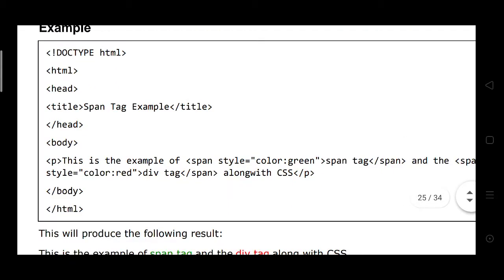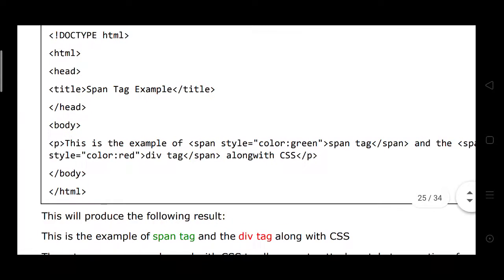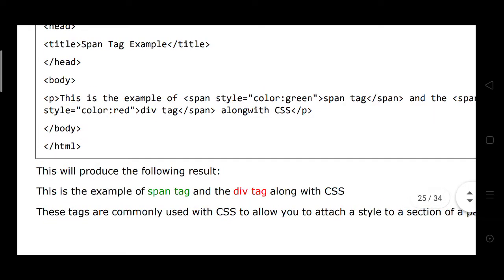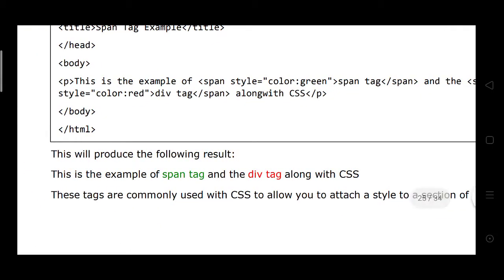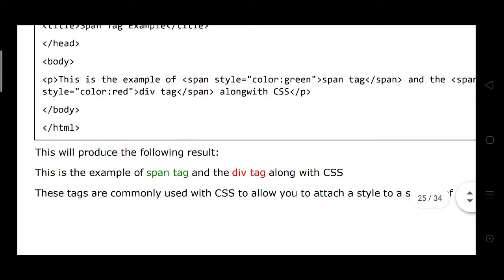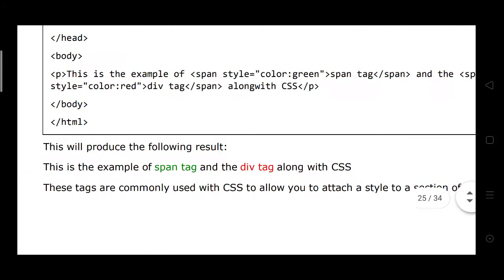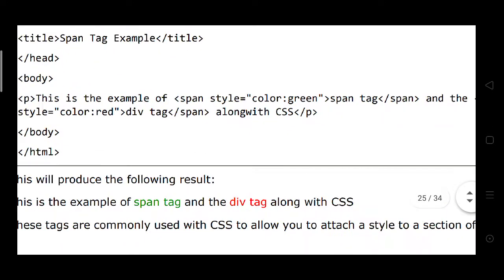Here is an example for span style color green, the span tag, and span style color red. You may see the span tag here is green, and the div tag is given red, along with CSS. You may write anything here. Here span style is given only by the color.